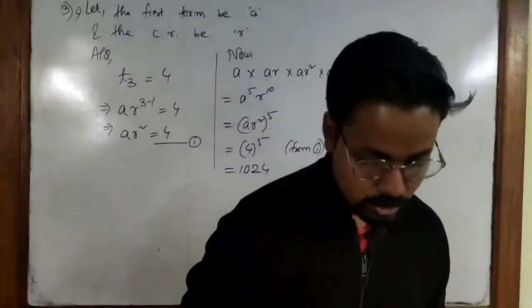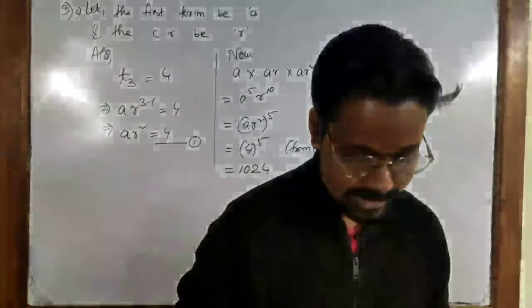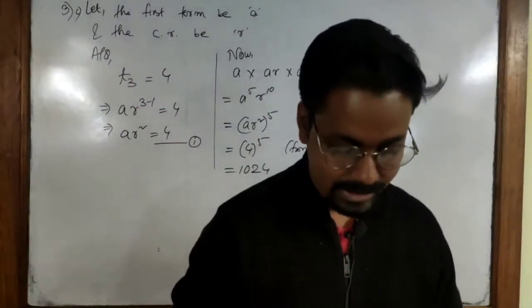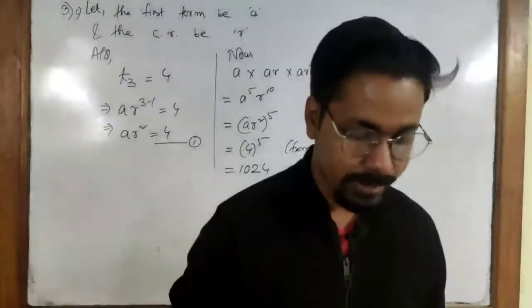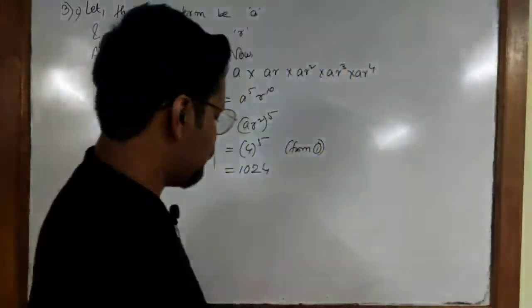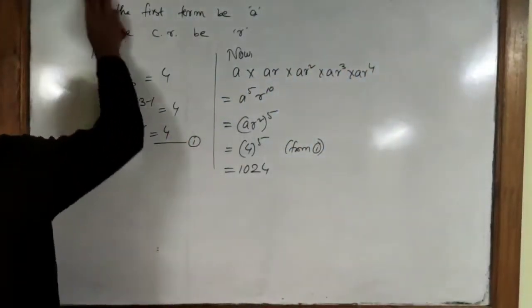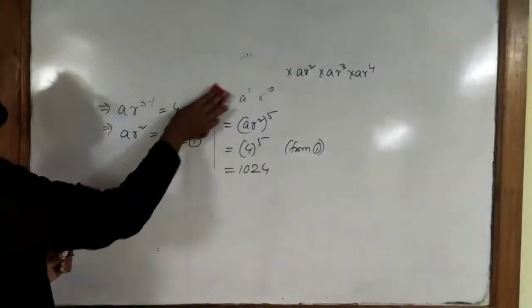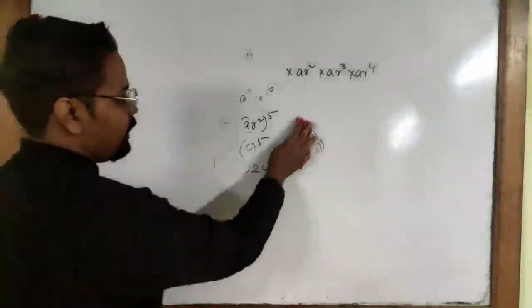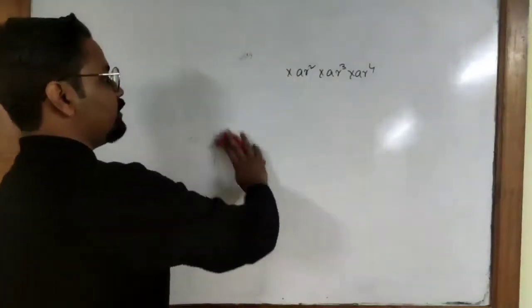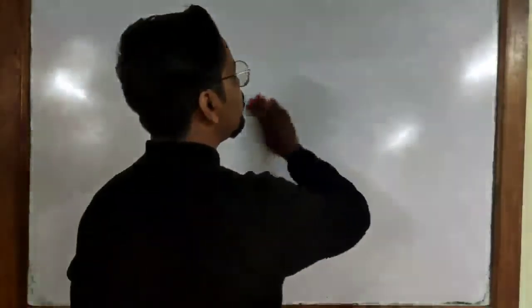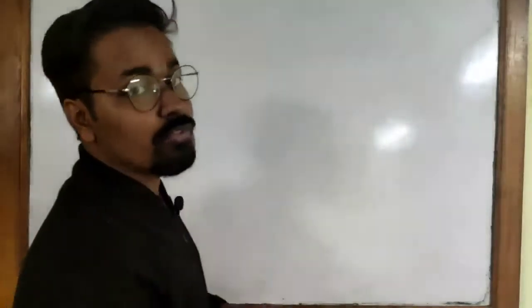Let us move on to the next one, and this is 3D, and it has asked us what is the GM, that is geometric mean of a square minus 2ac plus 1 and 4a square minus 4a plus 1. So, let us find the GM. As we have seen in case of arithmetic mean, the arithmetic mean of two numbers is a plus b by 2. In case of geometric mean, if a and b are the two terms and you have to find the geometric mean of a and b, it is root over ab.